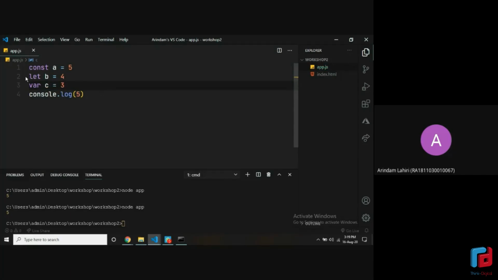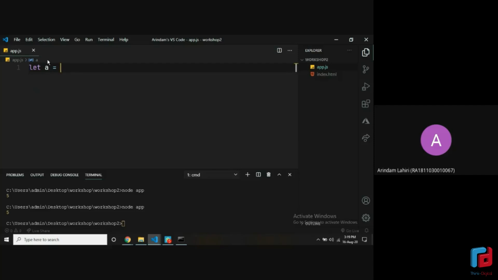One difference is pretty clear right from the go: it says const, which means that it's a constant. You can't change the value of A later. But these two you can change, though they have a subtle difference in scope. I'll be coming back to it in a few minutes when I'll be talking about functions. Let's get rid of this now and show you how objects work.